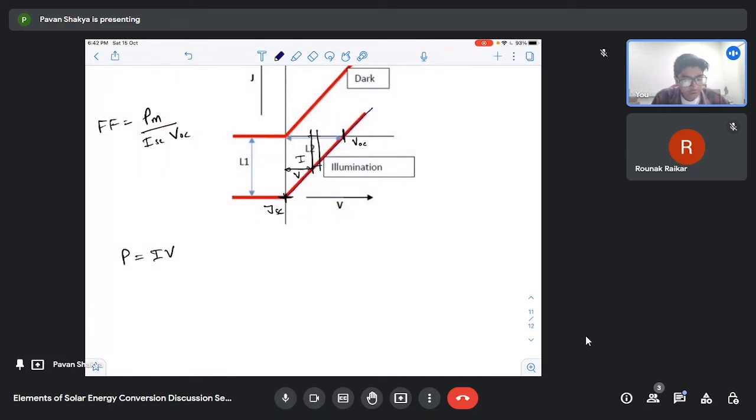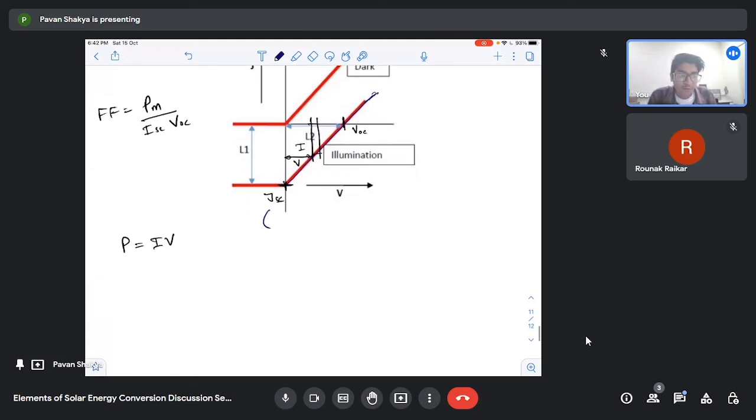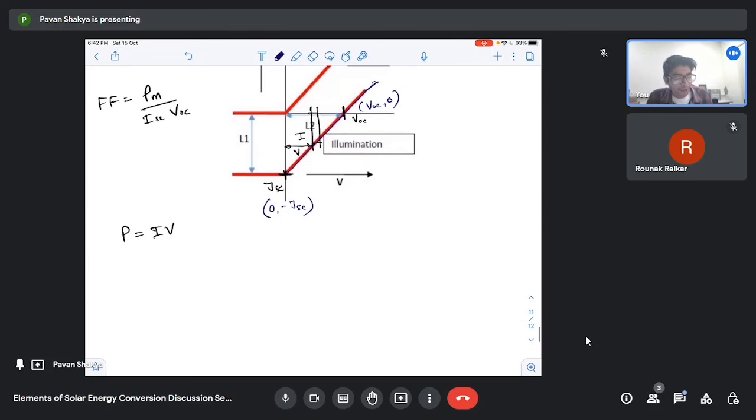So this curve, we can easily find out the equation for this line. The coordinate for this point will be 0 and minus JSC, and for this point the coordinate will be VOC and 0. If we try to write the equation, then the equation for this will be